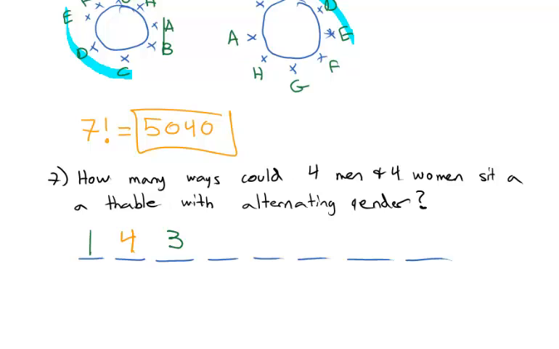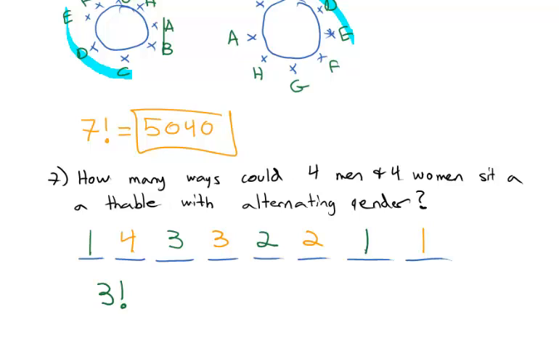Now we go back to orange gender, and we have 4 of them total. 1's already sitting down, so there are 3 left to choose from. And then you start to see the pattern arrangement begin. There are 2 of the other gender remaining, and then alternating gender there are 2 remaining, and then alternating gender there are 1 remaining, and then alternating gender there's 1 remaining. And so you see the green gender, the gender to sit down first, the first person didn't matter, but we